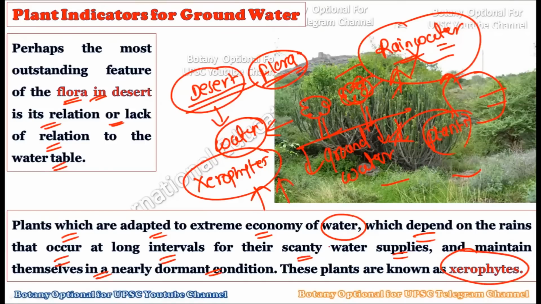And these plants show remarkable adaptability towards extreme dry conditions, extreme low water quantities. They are very well adapted to such conditions. So among the plants present in the desert, we have to sort out such plants which are actually indicative of the groundwater and not of the rainwater. So we are generally not going for the xerophytic plants here. We are only going for the plants which are xerophytic in nature, but are indicators of the groundwater. They should not have any relationship with the rainwater.